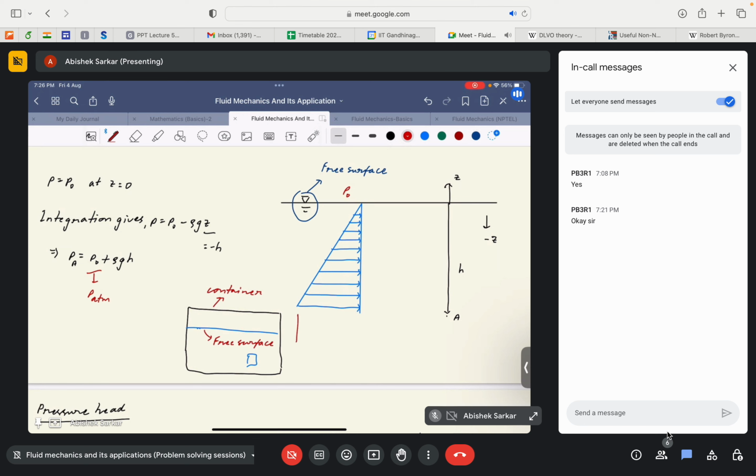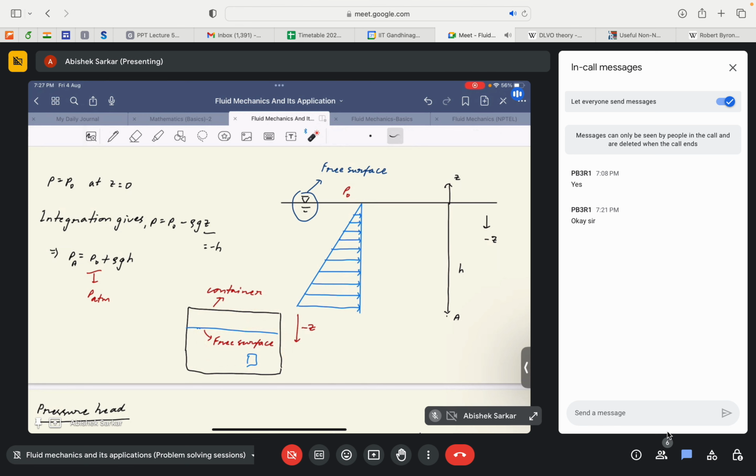And then you mention a coordinate system, say z, minus z, and then you take the required depth that you need to take to do your required calculations, right? But in case you have forgotten to mention the specification of these two particular lines, the one who is evaluating your answers may get confused about which among these two lines refers to the free surface, the surface of the fluid, with respect to which you are taking